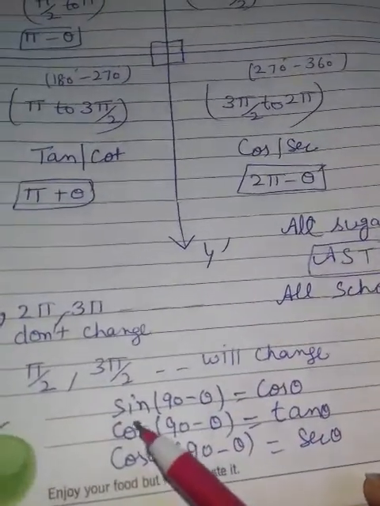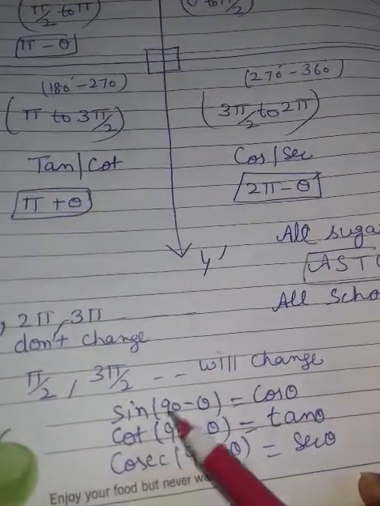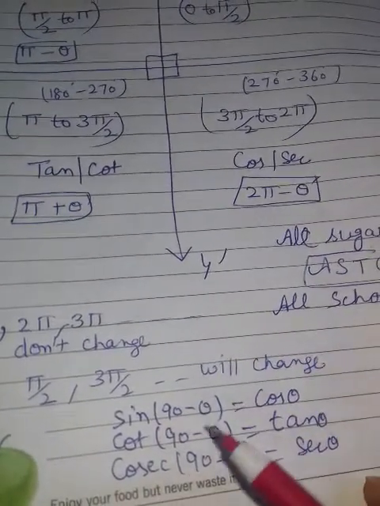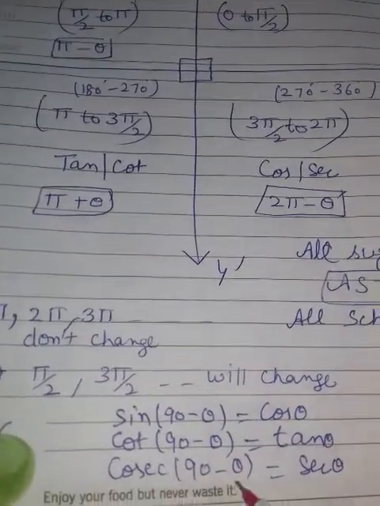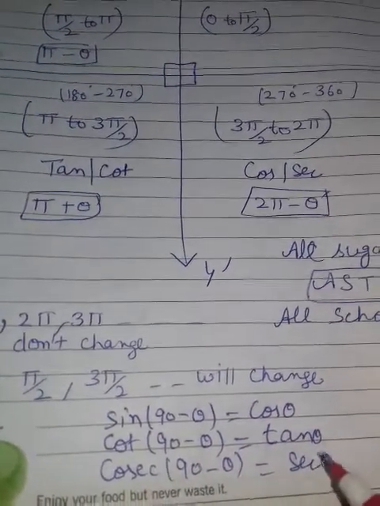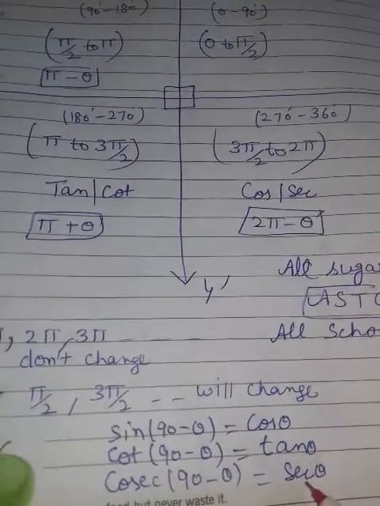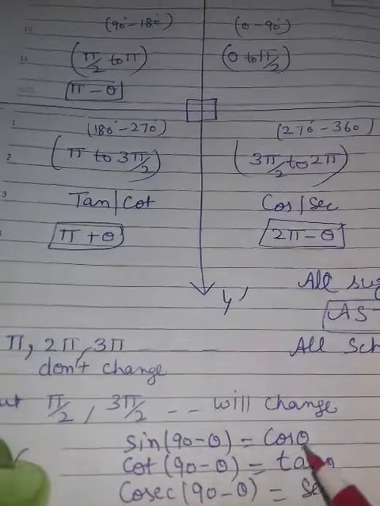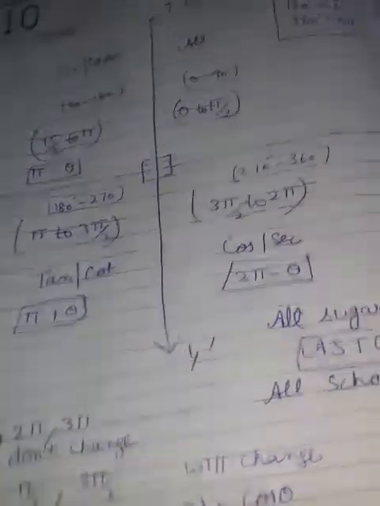In class 10th, you know, sine 90 minus theta is cos theta. Cos 90 minus theta is sin theta. Cot 90 minus theta is tan theta. Cosecant 90 minus theta is secant theta. And conversely, secant 90 minus theta is cosecant theta. I think up to here you are getting it, but the main motive is this: if any degree, if I am saying